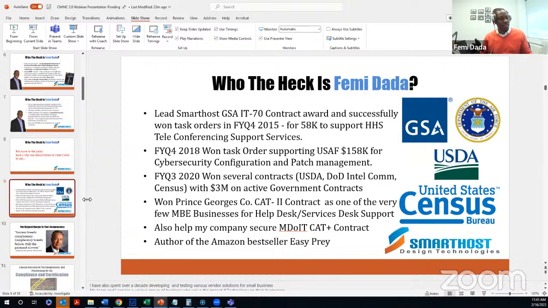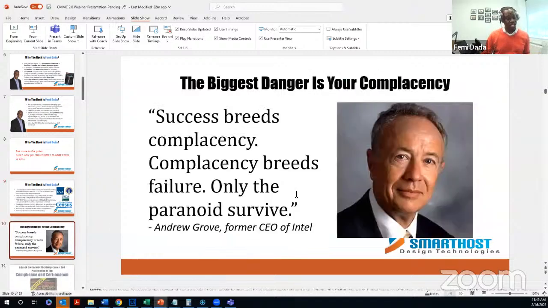We are successful running our business, and the implementation and things that we do in-house is some of where my experience is coming from, so that I can share that with you, and you can, as a business owner, make the proper decision moving forward to make sure you can secure your current contract and win additional contracts in the future.